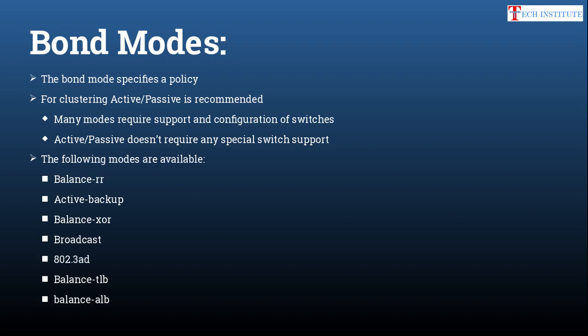So there are a few bond modes, as I was telling you already. You know about active backup. There are some others like balance, balance XOR, broadcast. So there are different types of bond modes. These are not required for cluster configuration as of now. If you are interested to know, you can check in the man page, or in the documentation for the SUSE network section, so that you will know what balance is. Balance means it will be like load balancing features, and broadcast will be doing broadcasting on all the interfaces. So if you want to know more in detail, please check the documentation.